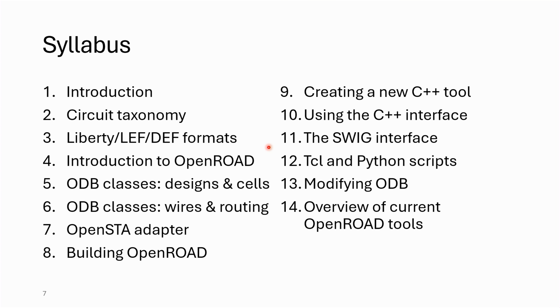The next 2 lectures will be about the OpenDB application programming interface, or API. We'll take the information from lectures 3 and 4 and then discuss how OpenDB represents the most important properties on a class-by-class basis. Lecture 7 is about the OpenSTA adapter. Just to give a little bit of foreshadowing, OpenRoad actually has two databases under the hood, one for physical information and one for logical information. I'll describe how that came to be and how to navigate the transition between the two when needed.